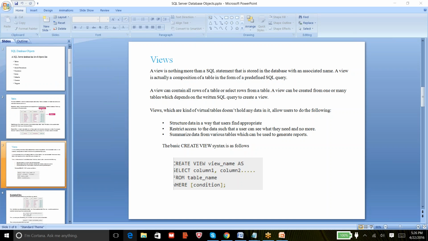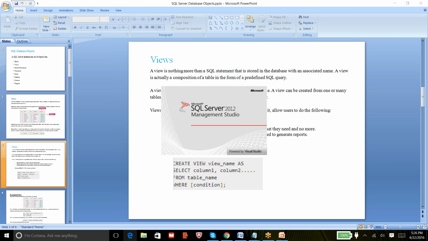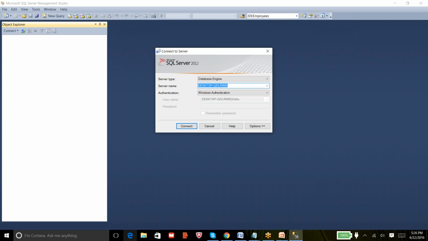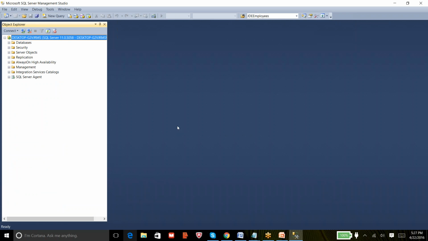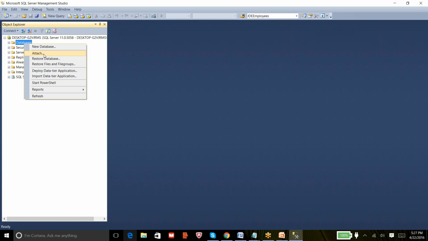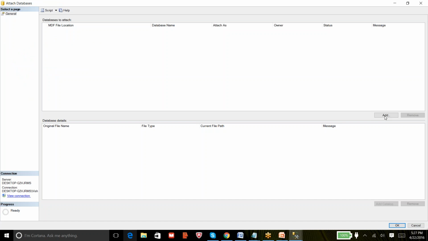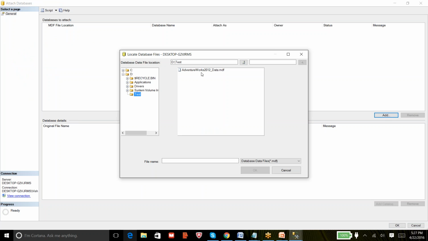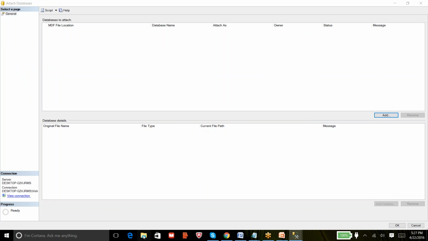So if that is the case, let's say your MDF file is on the C drive and your LDF file is on the D drive, you first have to browse the MDF file, and then in the second console at the bottom you still have an option to browse your LDF file which is on a different drive. Finally, let me try to browse it to see. Oh, all right, I understand, because this file is already being accessed by the data file.